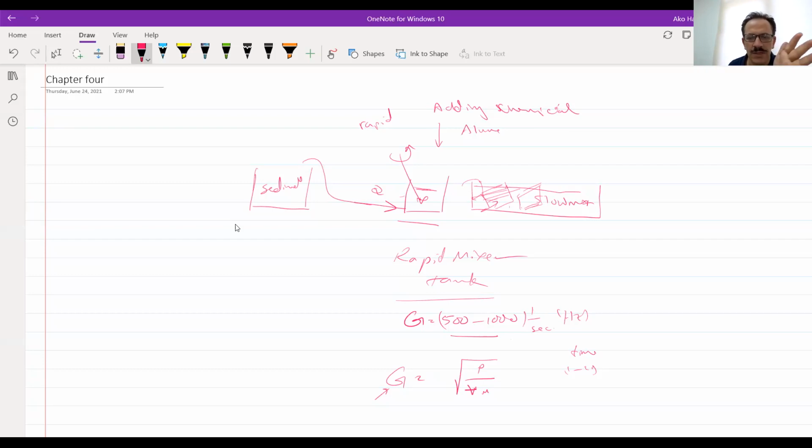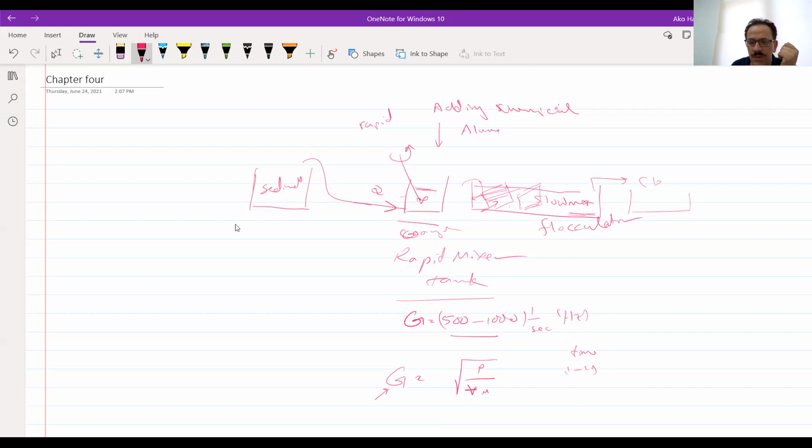Why are we doing all these processes? Because we said that in sedimentation, some particles are not large enough to settle down, so we have to enhance them. We add chemicals in the flash mixers and slow mixing, and they combine with each other and make a floc. This is called the flocculator tank, and this is the coagulation process.